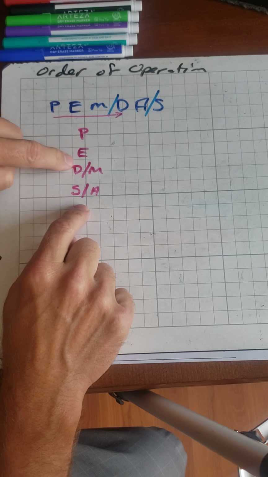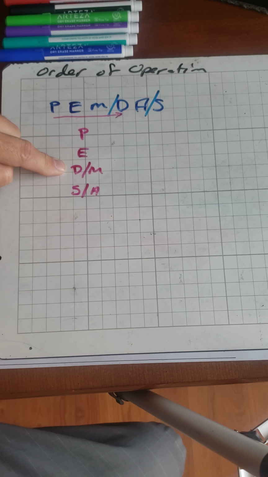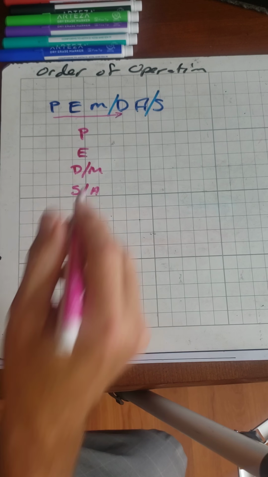So the question here is, how do you know which of these to do, or does it matter? Can you always divide then multiply? Can you multiply then divide? Does it seem to matter? And so what